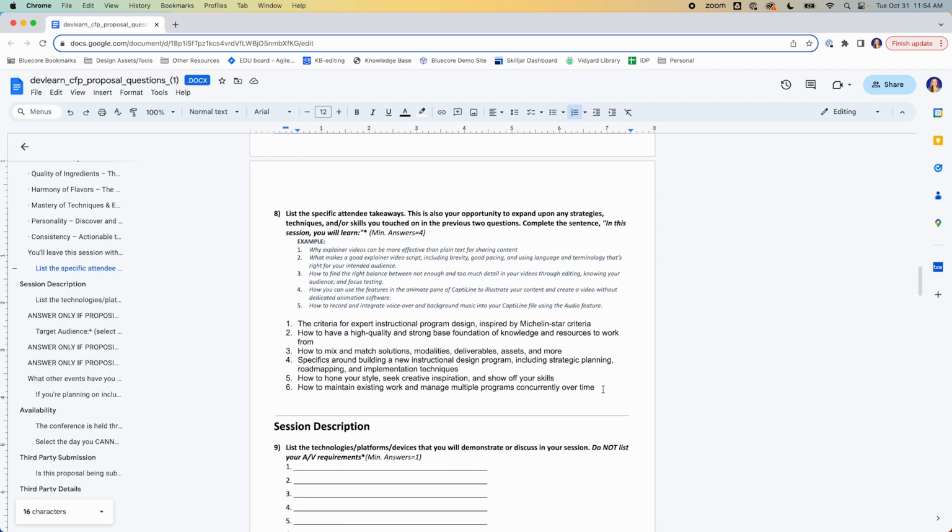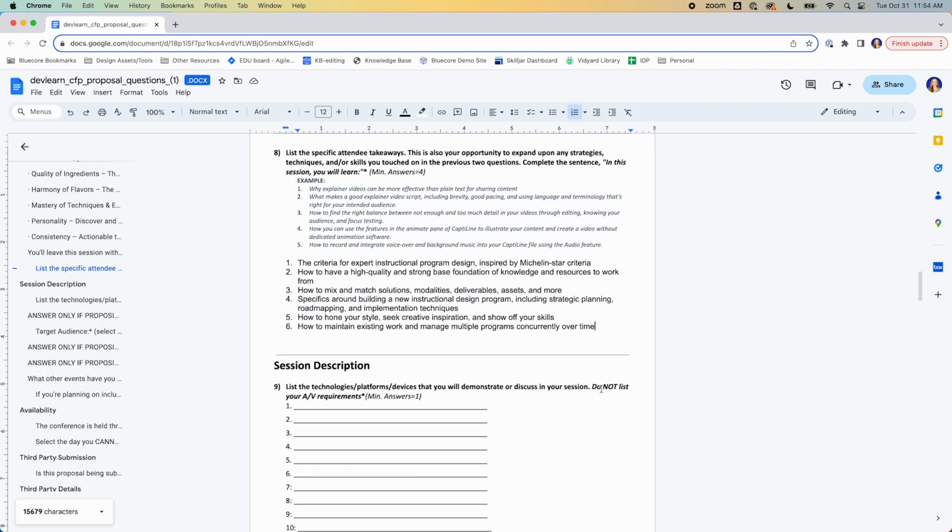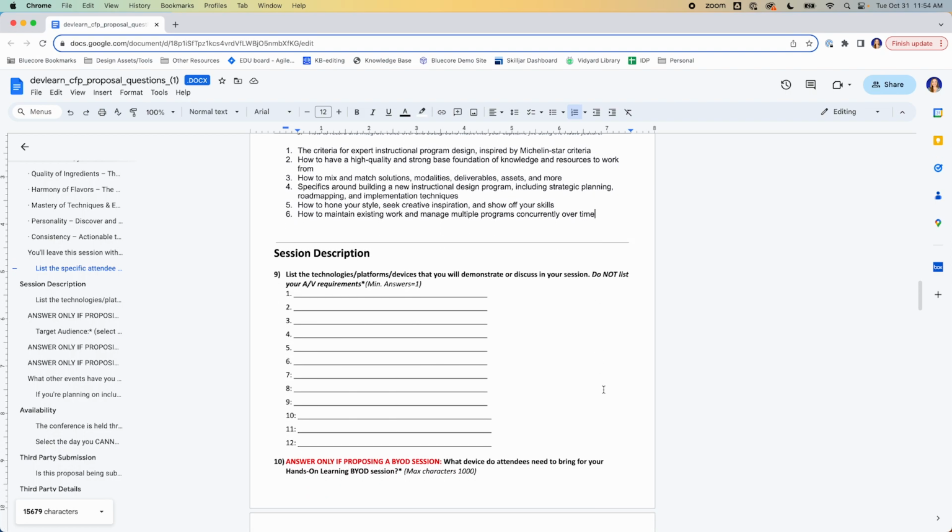And those were the key things that I made sure when I was building my presentation that somebody could walk away with. If they paid attention to nothing else, they could walk away with this information, the real tangible techniques, and these were their learning outcomes. From there, it's a little bit more technical information.